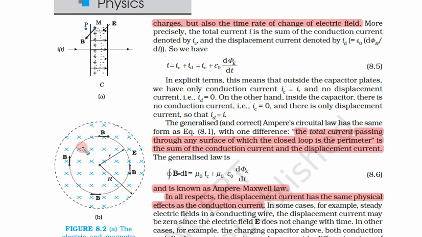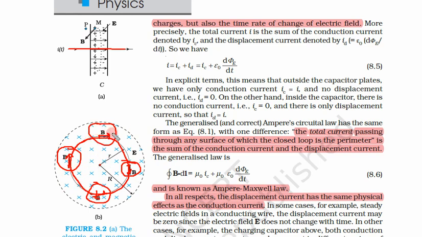Here what we can see is that this magnetic field is a radial magnetic field. That means its direction will change according to the point taken. At this point it is in this direction, at this point it is in this direction, and at every point it is tangential to the point. So the magnetic field is always tangential. This is our magnetic field at a point M, and this was the center of this small circle as well as the outside circle.